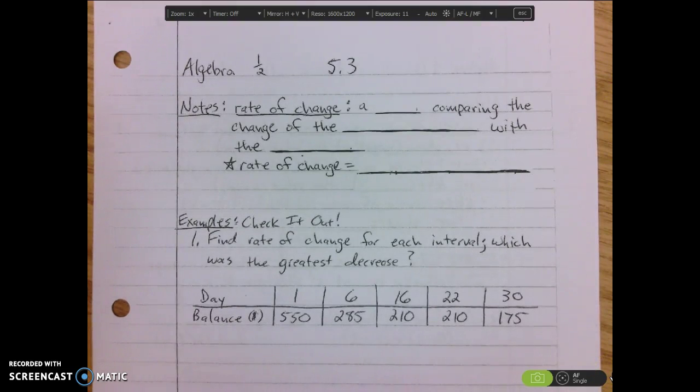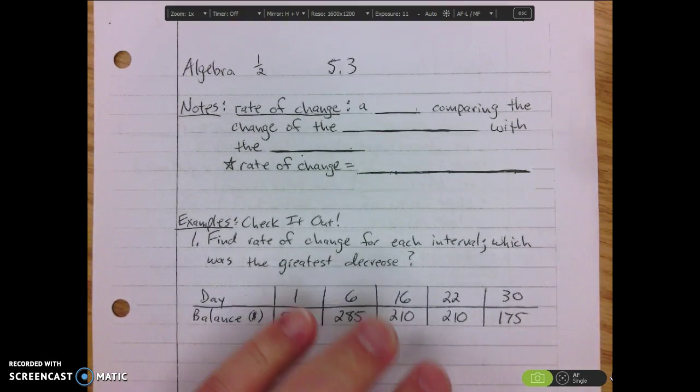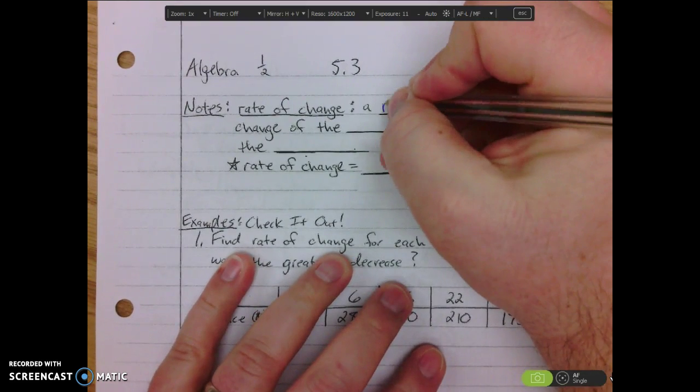Alright, today we're going to go over lesson 5.3 from the algebra book. We are covering rate of change and slope. Rate of change and slope are very similar. We'll talk about the differences in a little bit, but let's go ahead and start with what rate of change is. Rate of change is a ratio